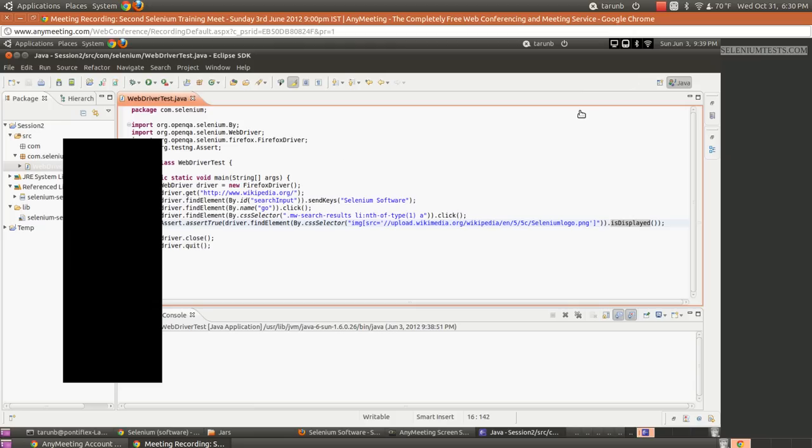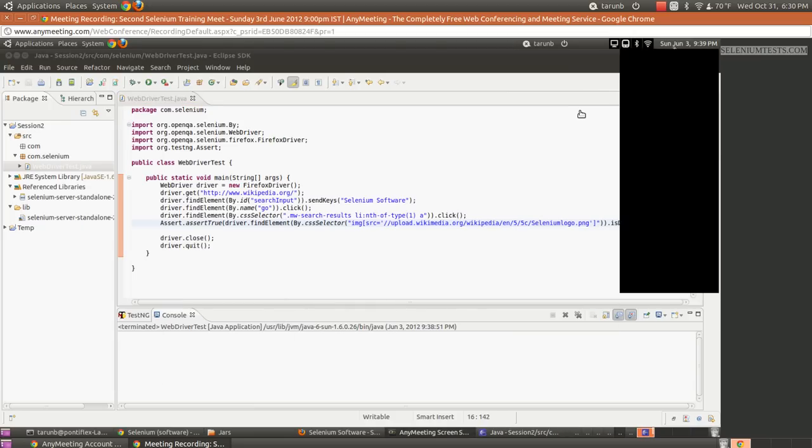Why we do these? So while writing the test, we will have a couple of checks. Usually we will say that some element should be there, or exactly. These are like checkpoints. We say that some value should be there, or if you're filling a form, you come back and say that whether the form has the same value after you submitted it or not. So those kind of things.